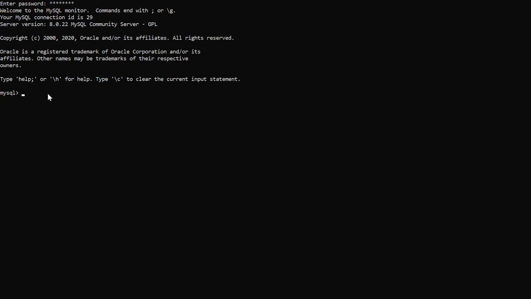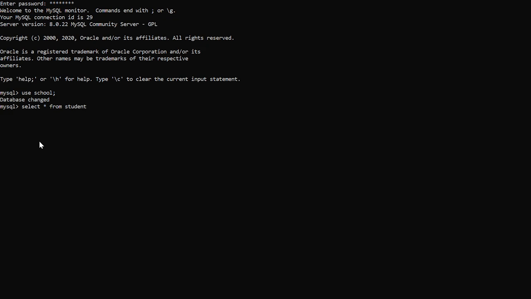So we are starting with our database. Use school, as we have already created this database in our previous class. Use school, and we have already created a table. Select star from student.